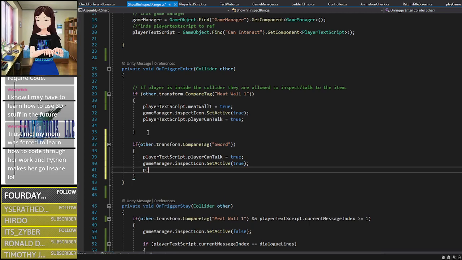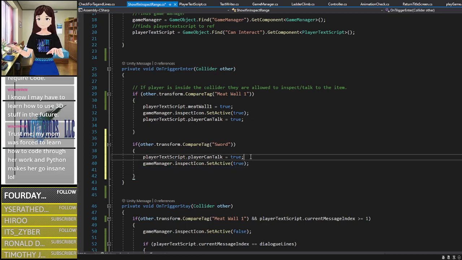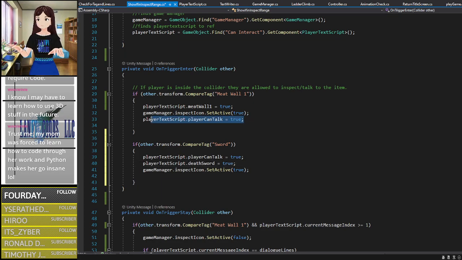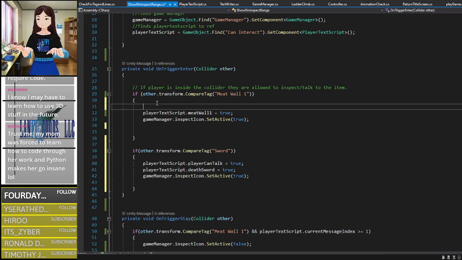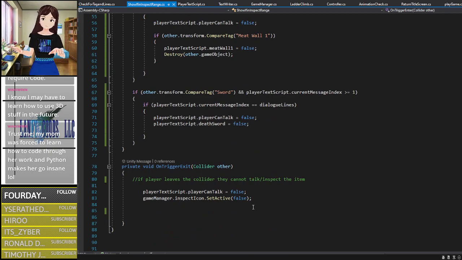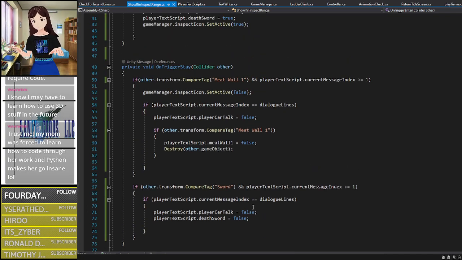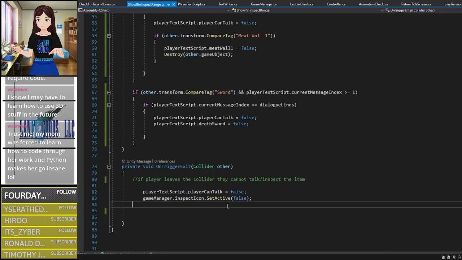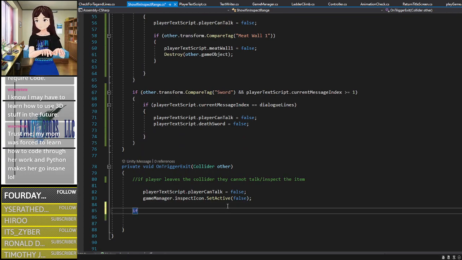We want... Organize this a little better. Okay. And then I have to make an if